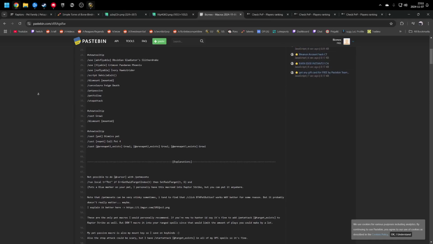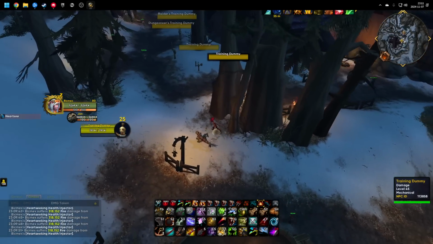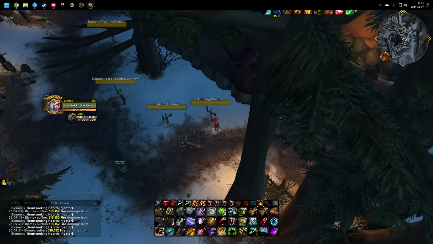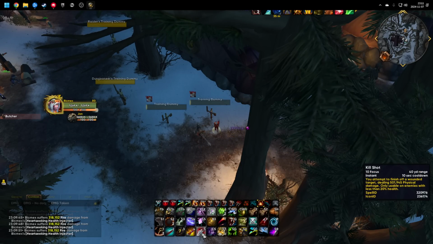I'd say one of the most important ones that I use, which I don't see many people have, is /cast at target sword attack. The reason why I have this is so you don't accidentally break CC. So, let's say you are against a rogue or a hunter, and let's say they press Feign Death. Okay, well, not Butchery, obviously, but you can see how I can press all of my abilities, and it won't